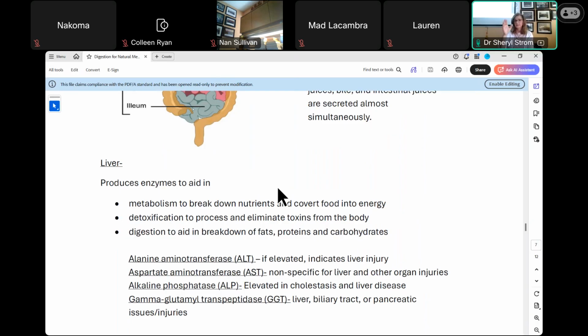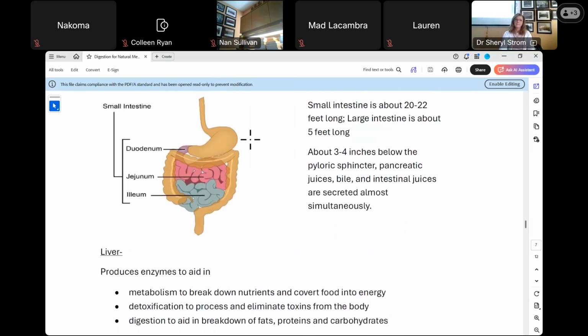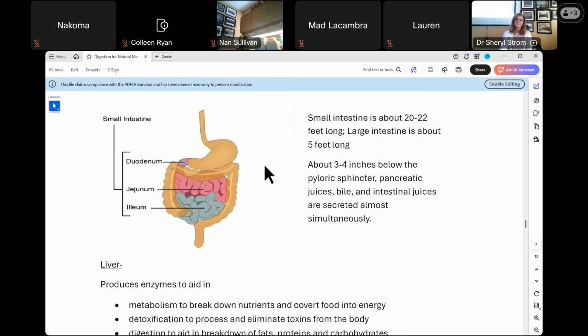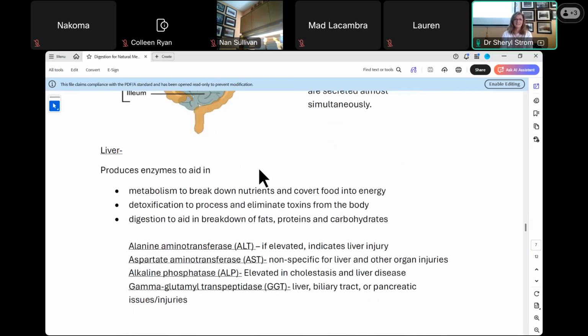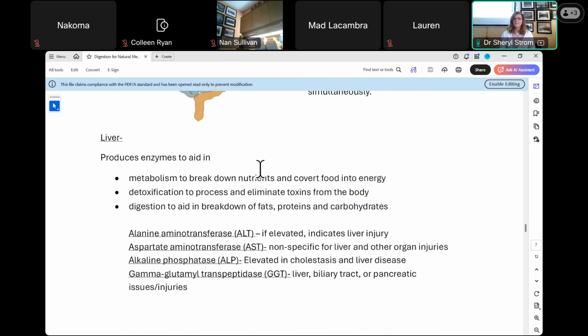Maybe it's about their food. If they're not able to break down at the beginning portions because their stomach isn't working, how are they breaking down any further if they can't break down fats? Where do fats get stored when you don't break them down? Sits right here. So it's a vicious cycle. Truly is a vicious cycle.